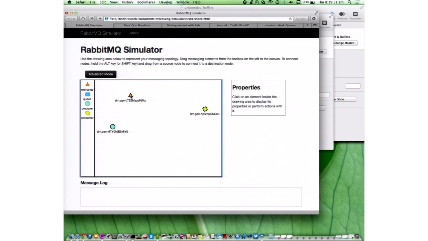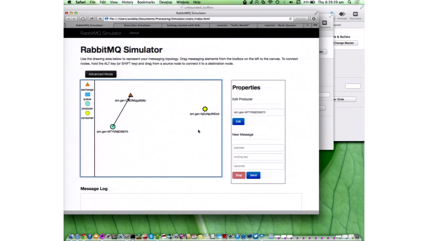In RabbitMQ or in AMQP, that's called the exchange. So what we do is connect the producer to the exchange, and then we can send messages. But in this case, they just die there. They die at the exchange. This is the same as if you send a letter to the post office with the wrong address, like to Utopia, I don't know, and then it will just be dropped by the post office.